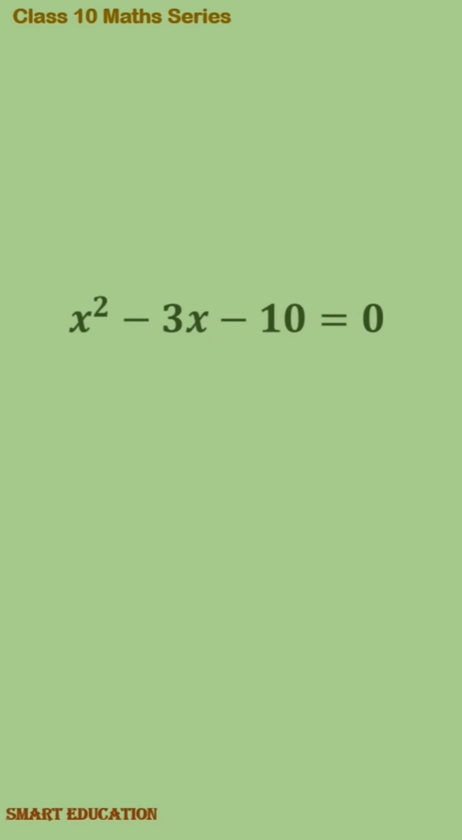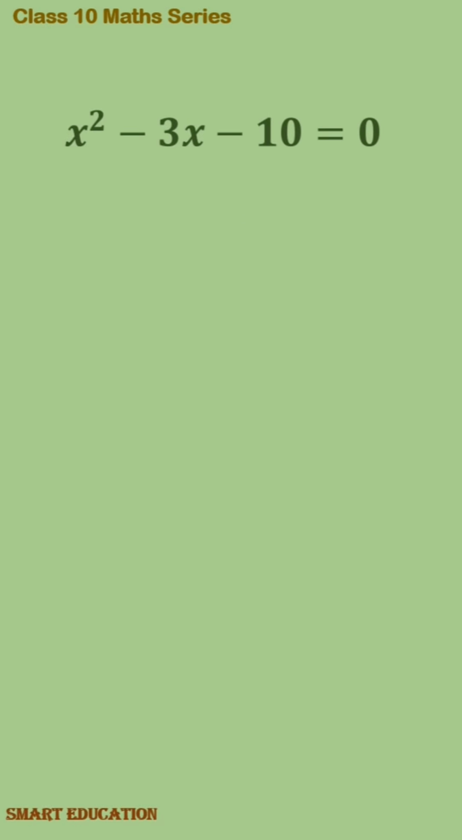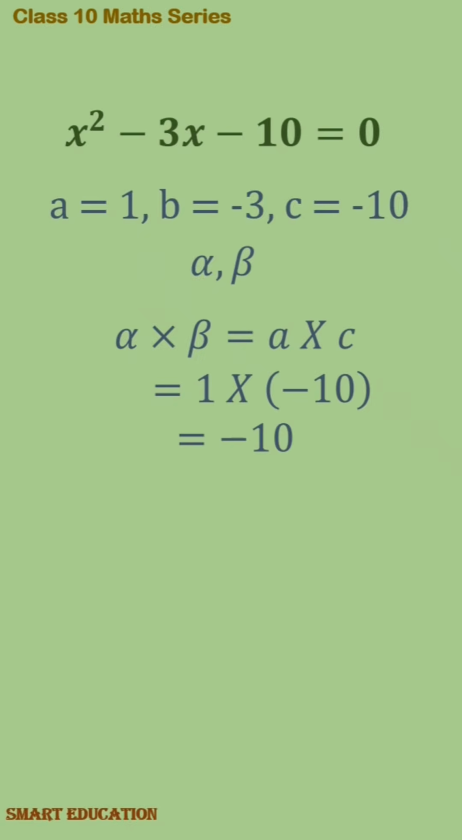So let's see the equation. According to the equation, A is 1, B is -3 and C is -10. हमने पढ़ा था that we have to find two numbers alpha and beta such that alpha into beta should be equal to A into C. That means it should be -10, and alpha plus beta should be equal to B, which